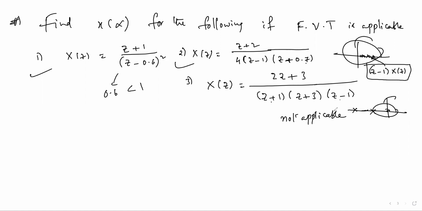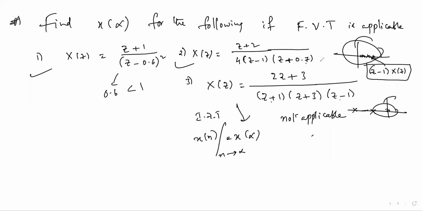If the final value theorem is not applicable, does it mean that x(infinity) cannot be determined? No. You can determine x(infinity) for this also, by applying the inverse Z transform, getting the expression for x(n), and taking n as infinity. By using the partial fractions method, we can find the inverse Z transform, not a big task. In the coming exercise problems, I will show you how to find the inverse Z transform. For the time being, just decide that it is not applicable for the third. Don't calculate x(infinity) here.